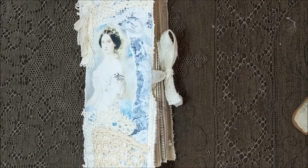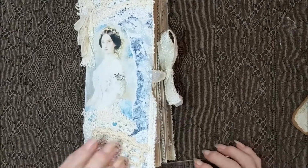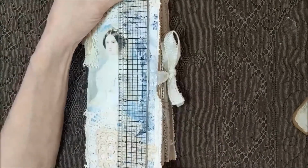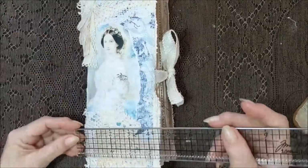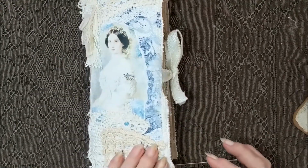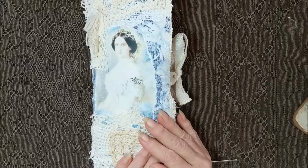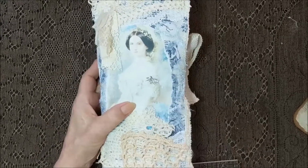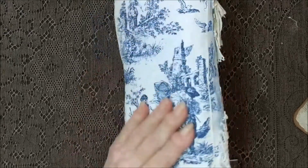Everybody, it's Friday and I have a journal. Imagine that. And it measures 9 3/4 by 4.5. Well, excuse me, I went a little overboard in the thickness. It's a super chunky monkey. I just couldn't stop. And I used a Toile fabric